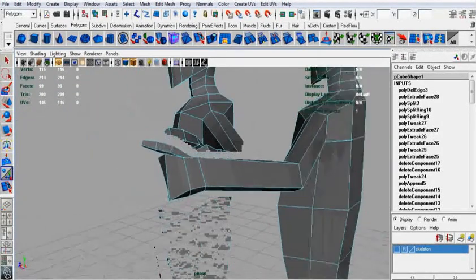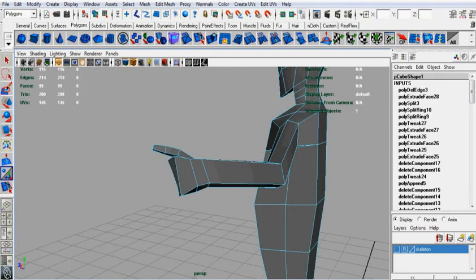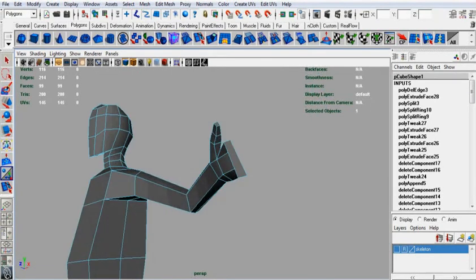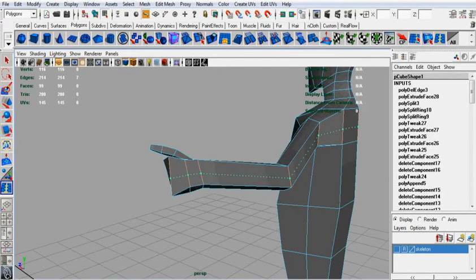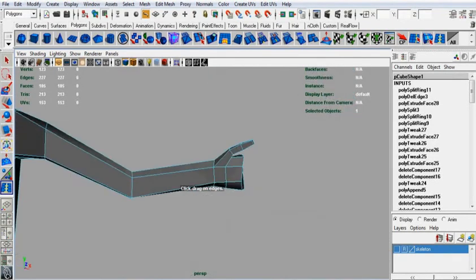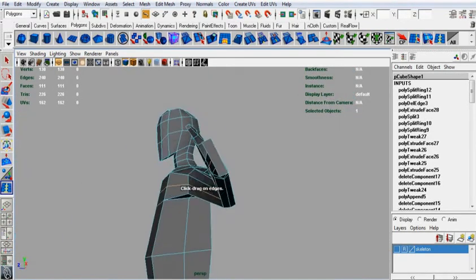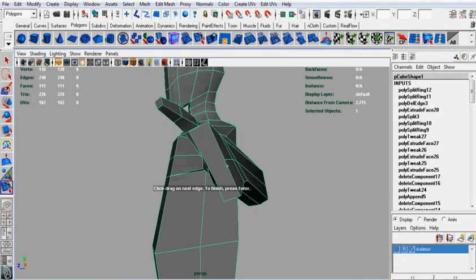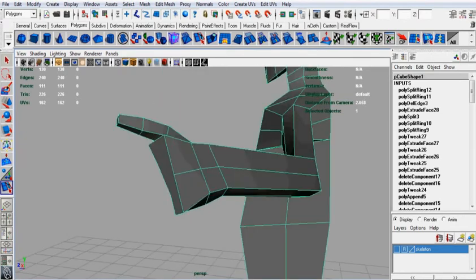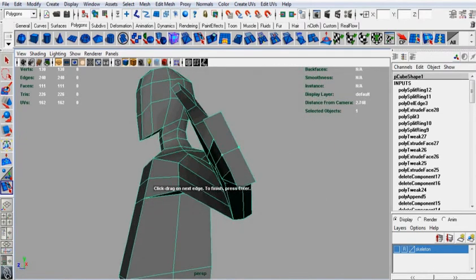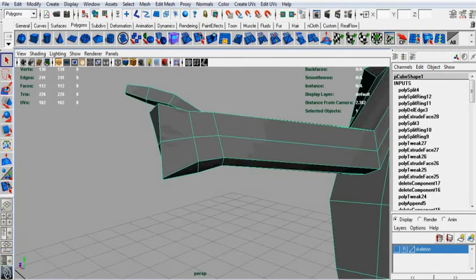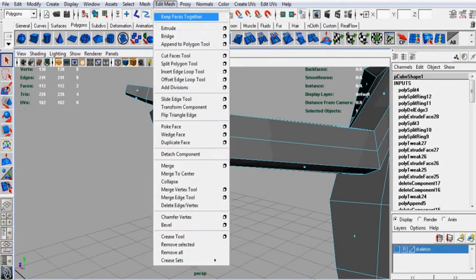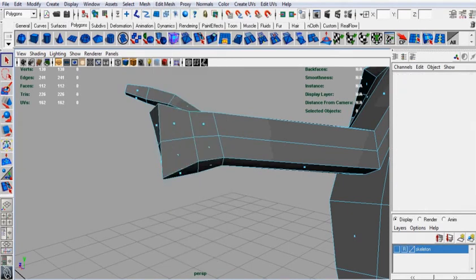So now we're going to add some resolution to create the rest of the area for the fingers. So I'll start by adding an edge loop in here, which probably won't have gone all the way around. So I'll add the other side into there, and go to split polygon tool. Join those two up. Okay, so at the back of the hand, I've turned the skeleton off so I can get a better view of everything, and make sure keep faces together is unchecked, and